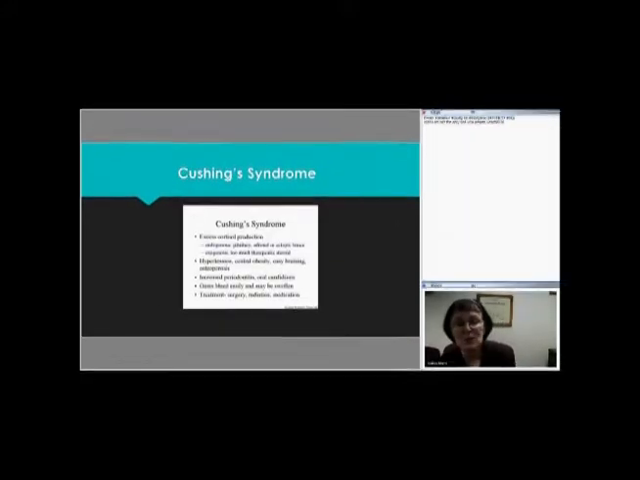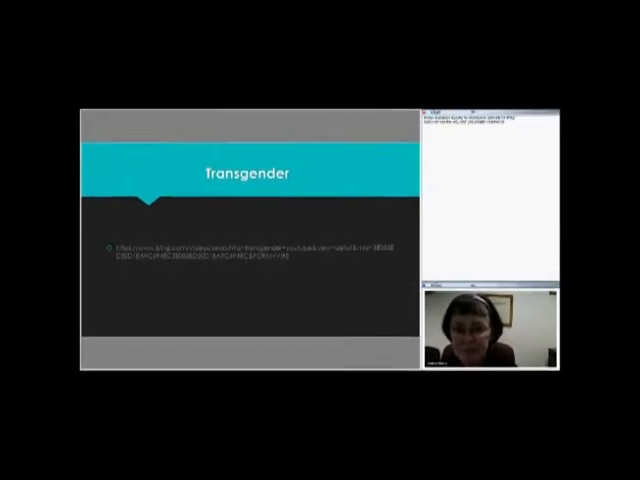Cushing's syndrome is when you have too much cortisol production, and it results in easy bruising, central obesity, and osteoporosis. The treatment here is surgery, radiation, and medication. And this is